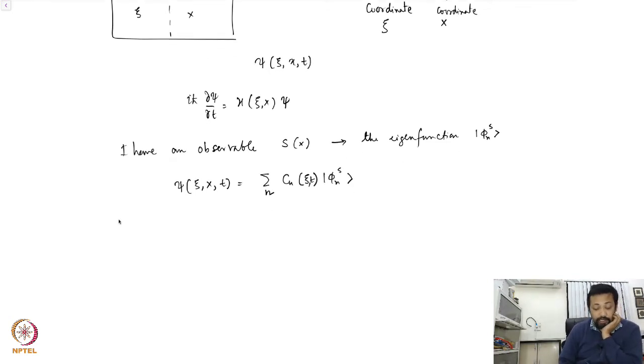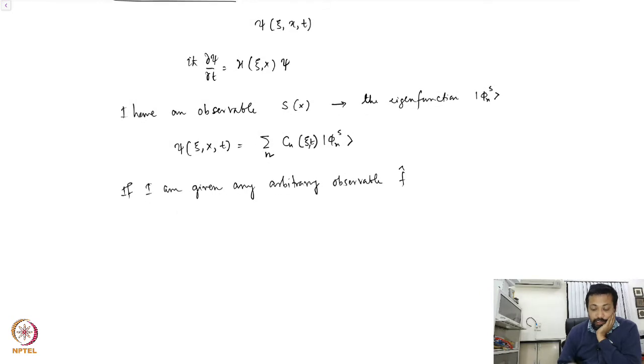So if I am given any arbitrary observable f, and I want to calculate the expectation value of f, then you see that I can write this as